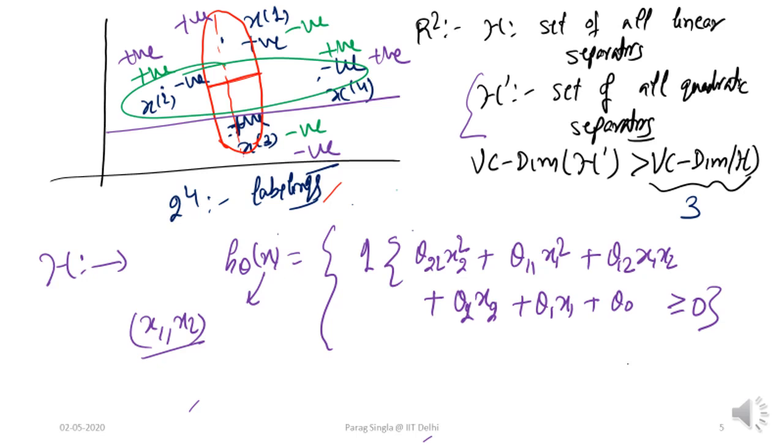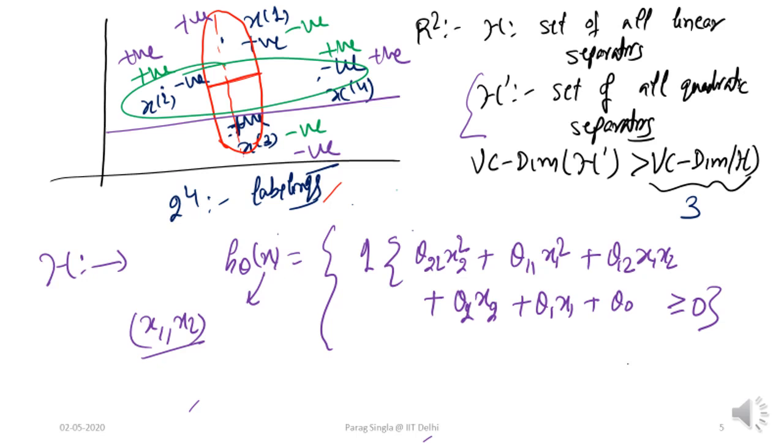We'll show that this particular set of points can be shattered by a quadratic classifier. And recall that the most difficult case for shattering these 4 points, which led us to a stumbling block in the case of linear classifiers, was when the opposite points were labeled positive. So x1 and x3 are labeled positive and x2 and x4 are labeled negative, and any linear classifier could not achieve that labeling. But it is in fact a very simple argument that a quadratic classifier exists which can achieve this labeling.